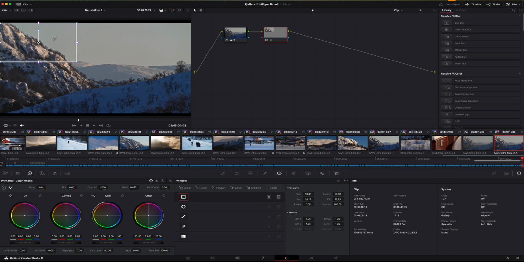I like to work with this because we can pull this basically anywhere we want, and I want to exaggerate this mountain. So you can pull on all these, and you can shape it